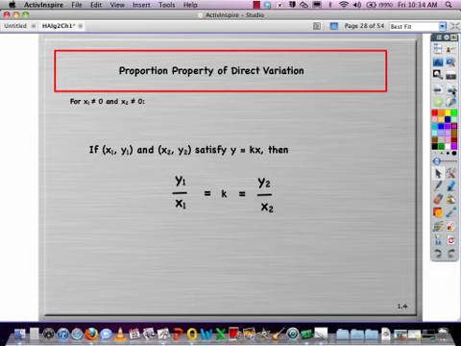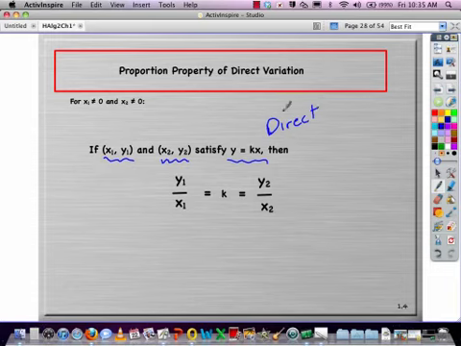Now, once we have direct variation equations, we have a property that involves all of them. So let's assume in this one that x1 and x2 cannot be equal to 0. And if we look, we have x1, y1 are points, as well as x2, y2 are points. So basically, if we have 2 points, and they satisfy our equation, that equation is our direct variation linear equation,